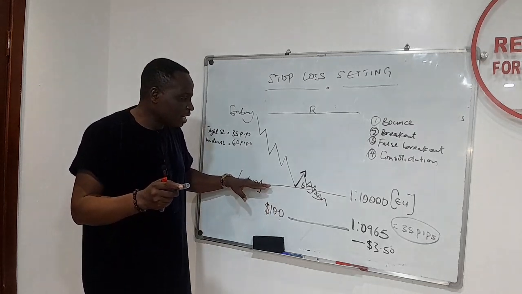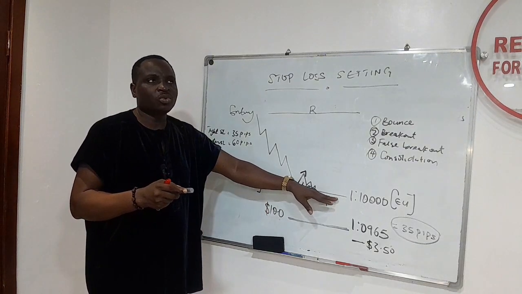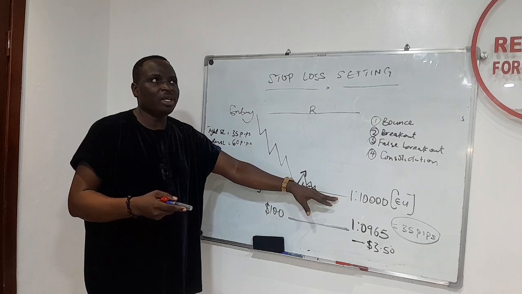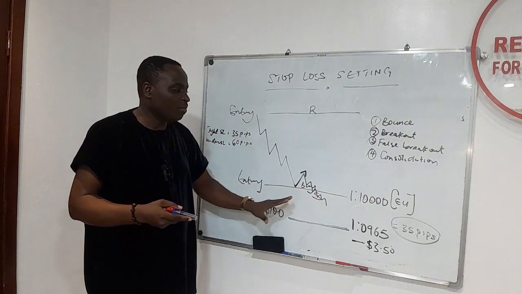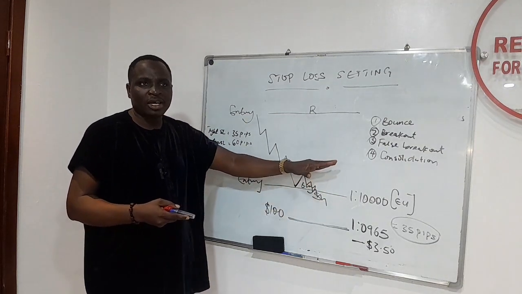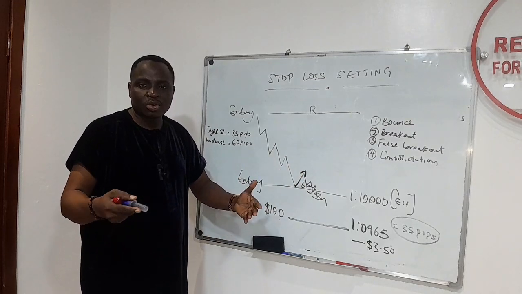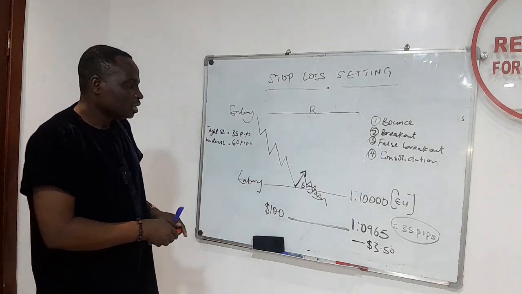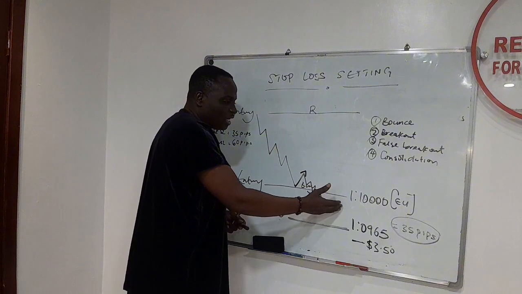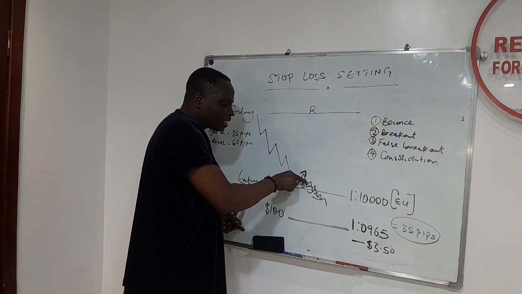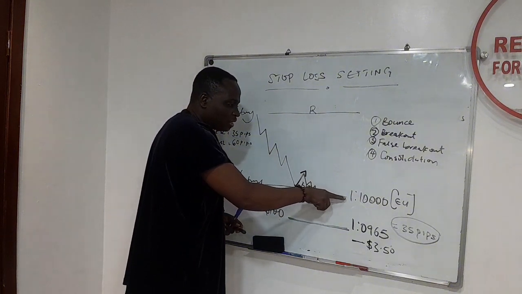So if this key level is in confluence with, let's say, maybe an MA, or maybe a trend line, or maybe Fibo, or OSOB,